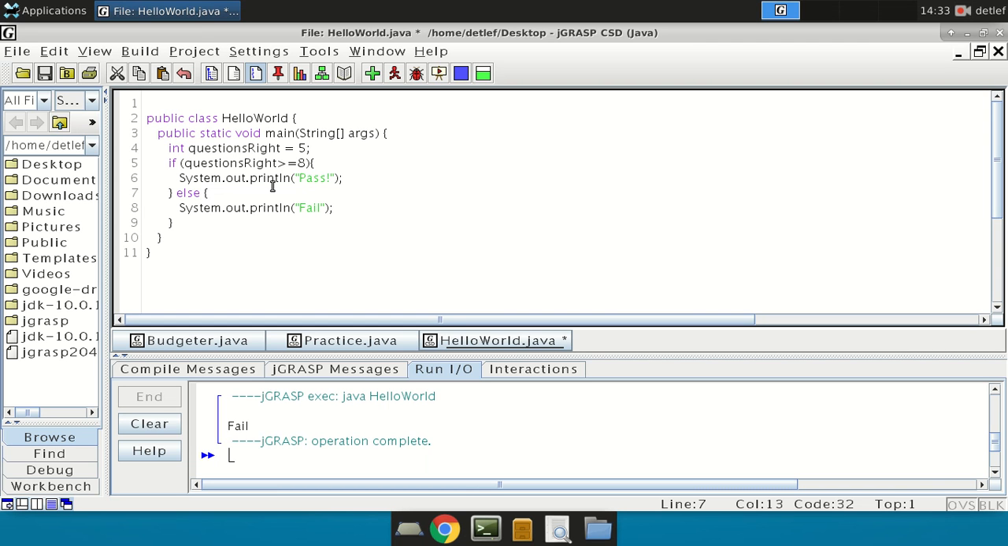logic right there. So it says, if questionsRight is larger than or equal to 8, then it prints pass. But else, if that is not true, then it runs System.out.println fail. But if this statement right here is true, it doesn't run the else. So it's mutually exclusive. It only runs one of these each time. And so this will work. We can run this and test this out. Now you might not see the point of doing an else instead of just an if, but it is simpler, and